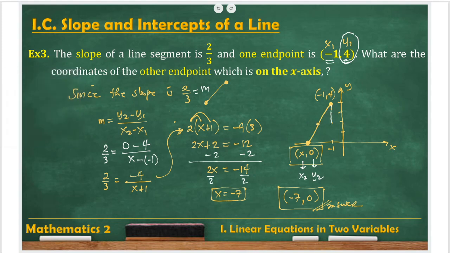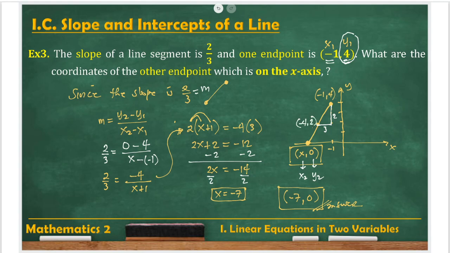Halimbawa, bababa tayo ng 2 units dyan and then 3 units ito. So this level is 2 on the y and then 3 units to the left of negative 1, that's negative 4. So you can locate here negative 4,